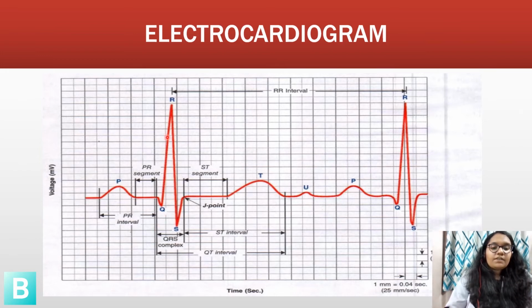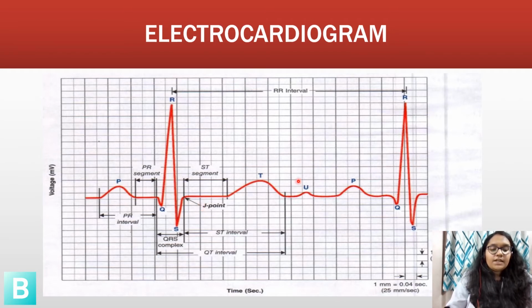The R wave is a prominent and pointed positive wave which coincides with the onset of ventricular systole. The S wave again is a negative pointed deflection which represents the excitation of more basal parts of the ventricle. Thus, the QRS complex extends from beginning of the Q wave to the end of the S wave with a total duration of 0.08 to 0.12 second. If this duration is more than 0.12 second, it indicates a heart block.